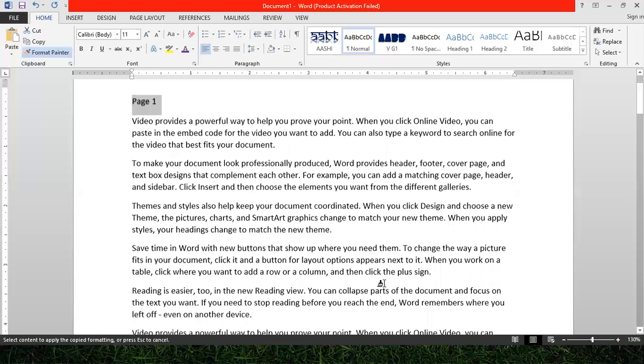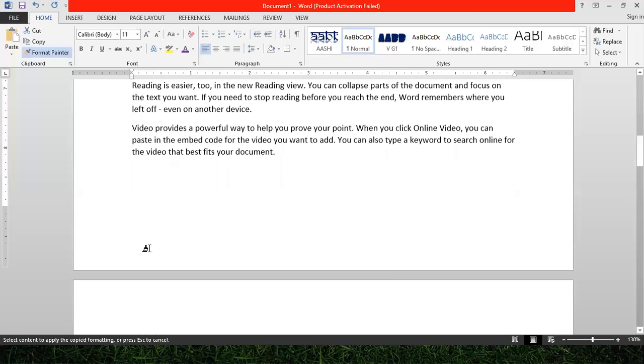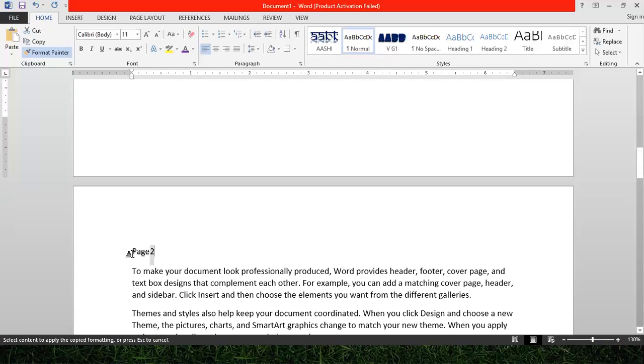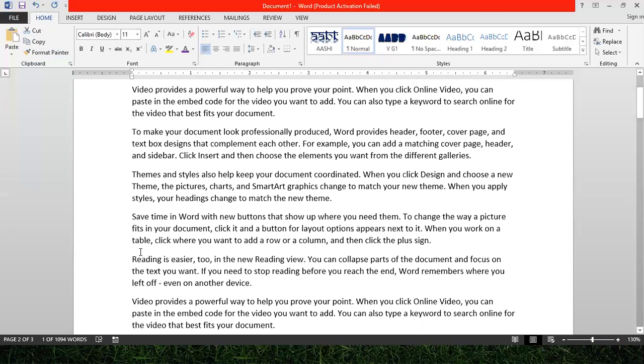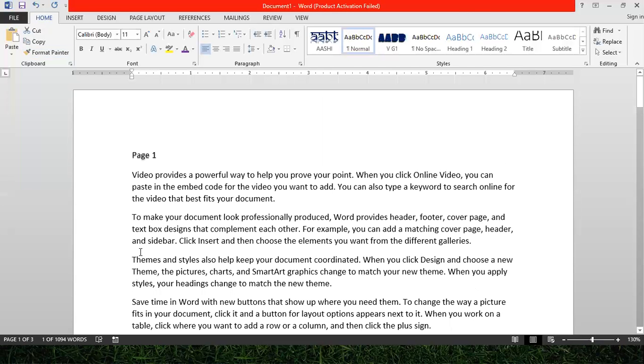So if I move to the next page and click and drag this mouse pointer on that text, no design will be applied because there is no design applied on the previous heading. So unless we have formatted a text in our document, we cannot use the Format Painter tool. And that's why we say that the Format Painter tool is only used for copying the formatting effect from one text to another.